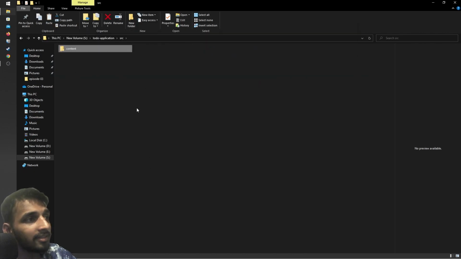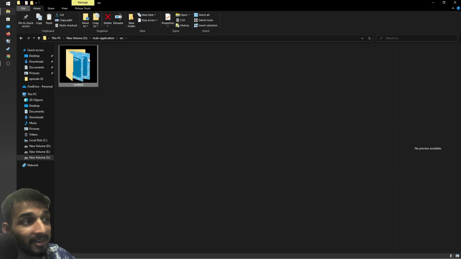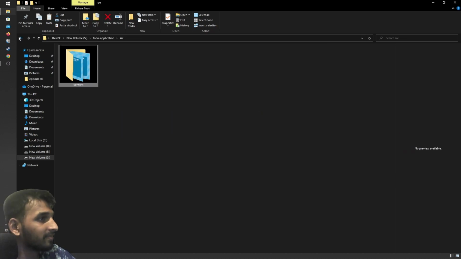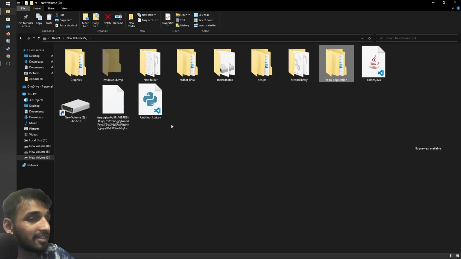And this is actually not an image. This is a folder containing images. And these are nothing but the renders that we previously had on Figma. That is one of the reasons why I was telling you Figma is very important. Now,